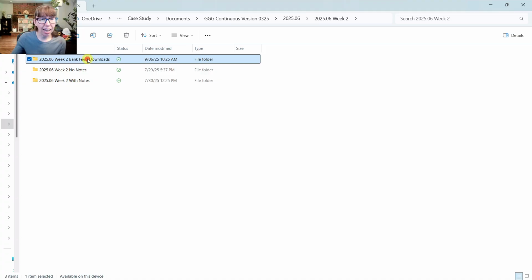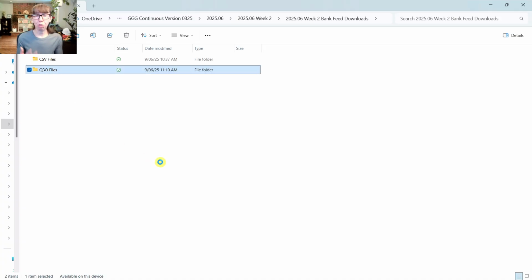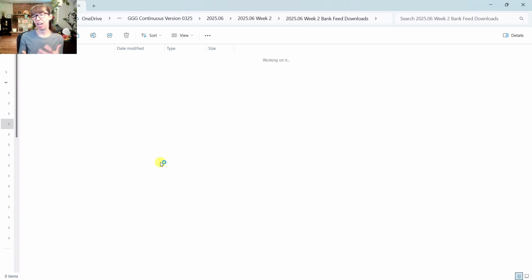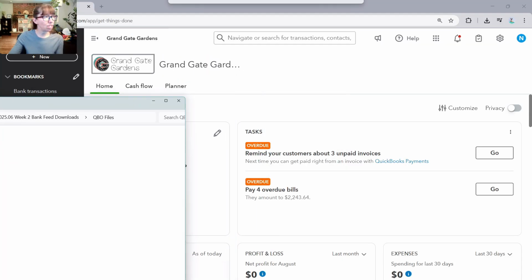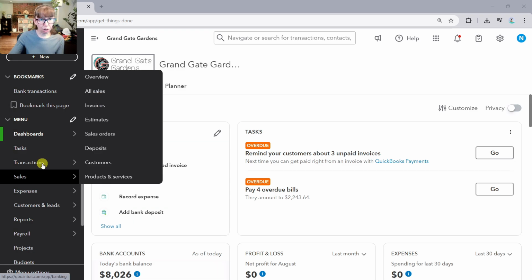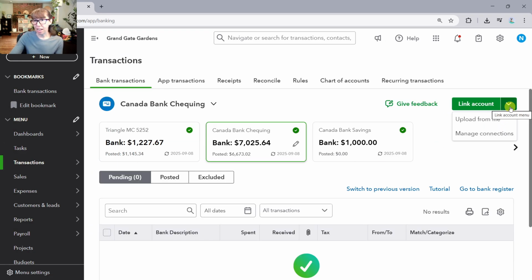So let's go ahead and open up the bank feeds here. And we have the CSV files and the QBO files, and the QBO file tries to imitate what an actual bank feed would look like, but of course if you're using these source documents with another bookkeeping software, the CSV should suffice. And we can see that there are transactions in both the Canada Bank and the Triangle M card. Let's go to Transactions, Bank Transactions, and we can drop this down and say